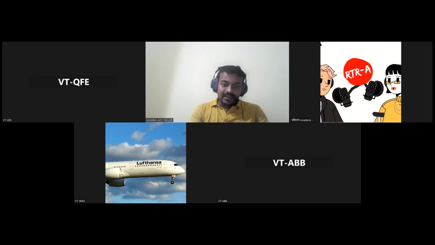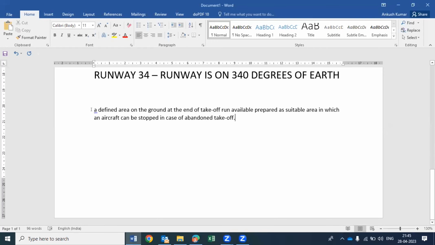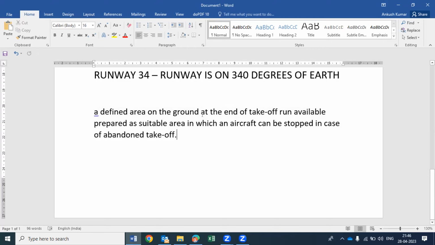Yes, sir. The area at the end of the runway. And this is a very common question, question number 5. They may ask you what is the stop way, what is the clear way. So everyone please note it down. Stop way. These questions are important. You are not going to read it again because these are very basic things, but you need to master it. See, a defined area on the ground, ground means on the runway, at the end of takeoff run available,